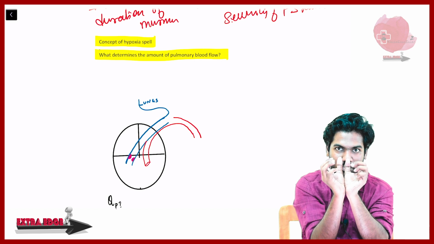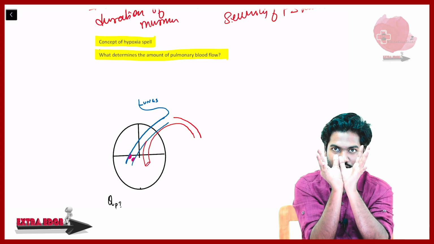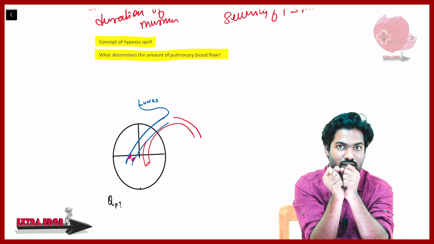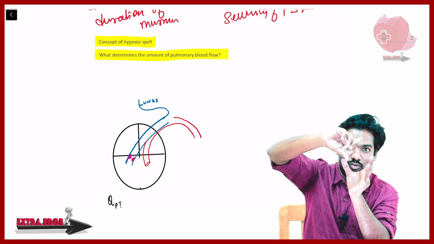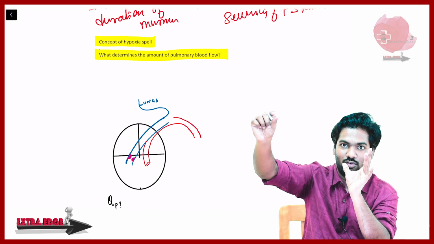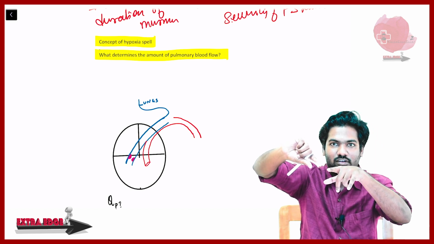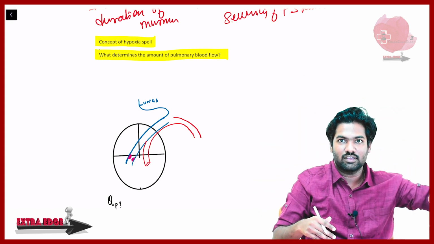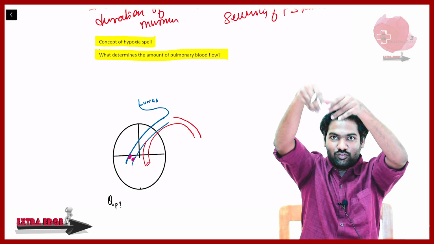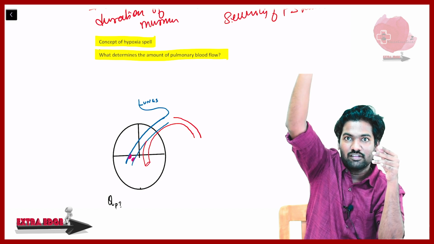Now, whether this will cause cyanosis or no cyanosis, who will decide that? That decision is taken by the amount of pulmonary blood flow, depending on the stenosis, and it can even depend on aortic pressure, or the resistance offered to the aorta by the system, the systemic vascular resistance. Imagine if systemic vascular resistance is too much, then what do you think?